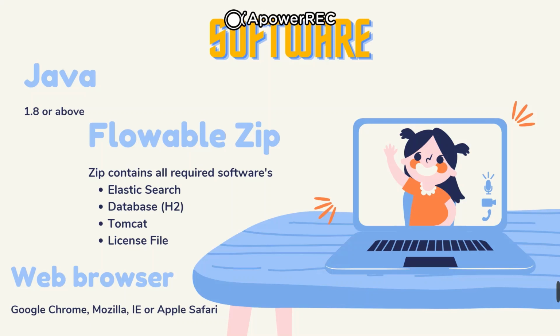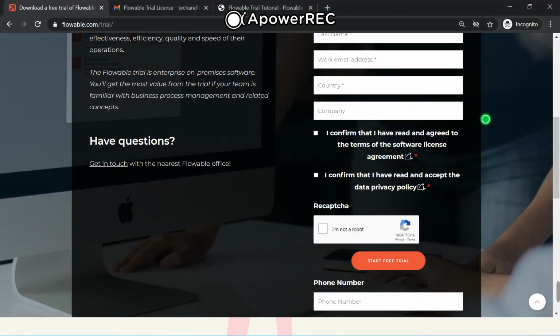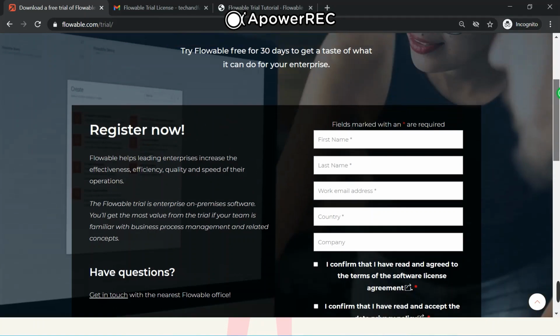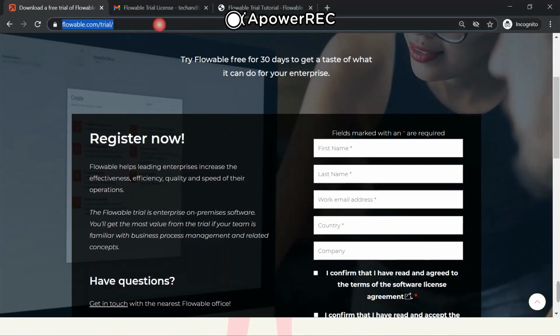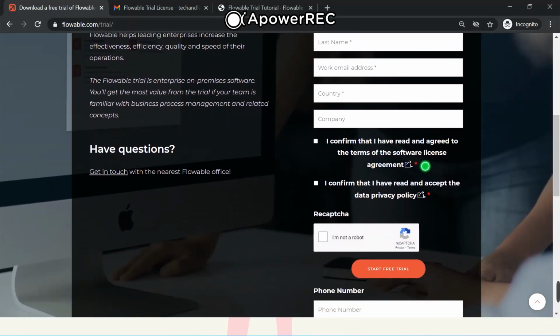For this, you need to go to the website of Flowable to download the trial version, which is flowable.com/trial. Here you need to give all your personal details of first name, last name, email address, country, and company. After that, you need to accept the terms and conditions and data privacy policy.